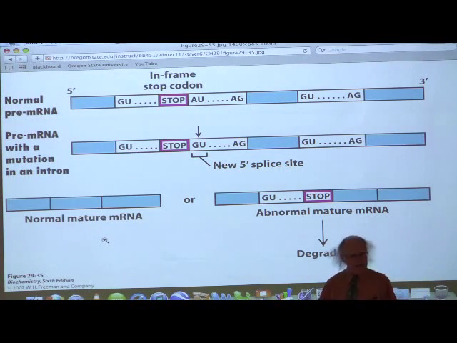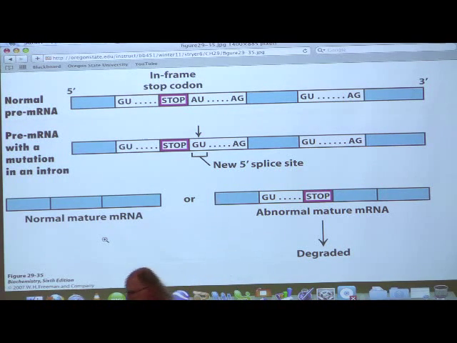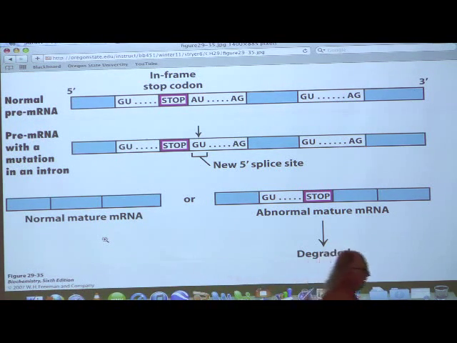Now, splicing is important because it's bringing exons together. If we have problems with splicing, we're not going to make the proper RNAs that are needed by the cell. If those happen to be messenger RNAs, then we're not going to have the proper coding for the proper proteins that we want. So you might wonder, is it possible that there are diseases, genetic diseases, that arise from problems in splicing? And the answer is yes.